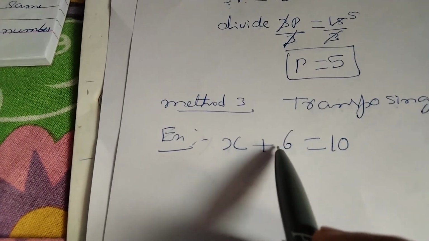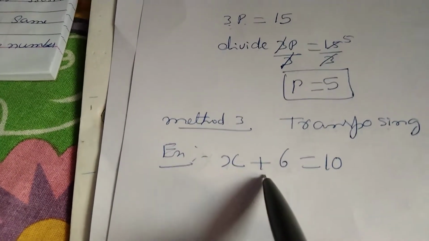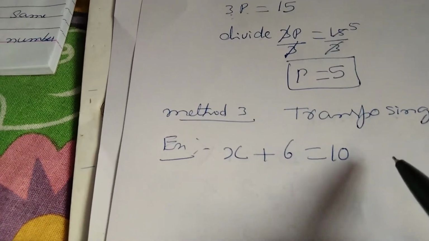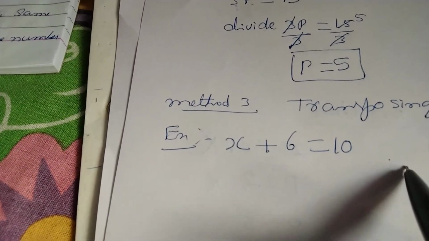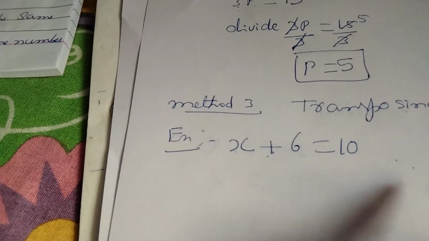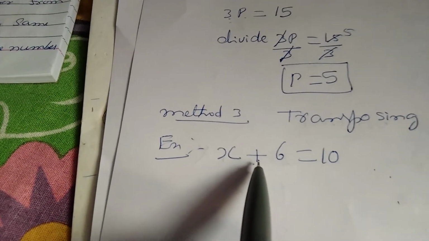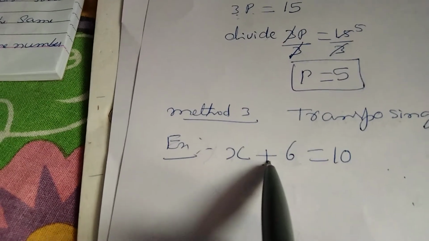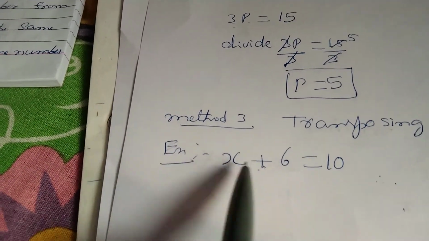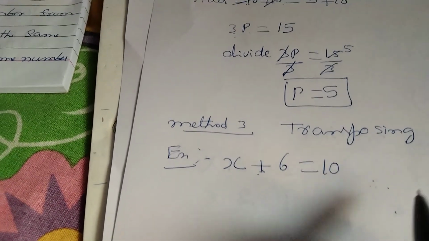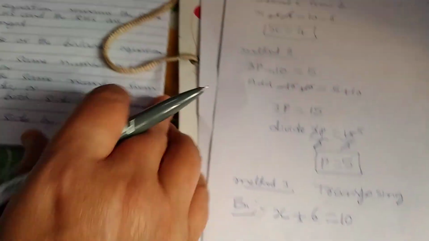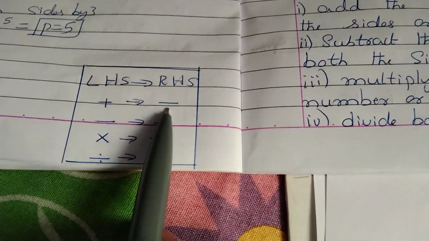Transposing this plus 6 from the left hand side to the right hand side. If it is plus, it becomes minus 6. If it is minus, it becomes plus. If it is a multiplication symbol, it will become a division symbol. If it is a division symbol, it will become a multiplication symbol. So from LHS to RHS, it will become like this. See here, plus will become minus,